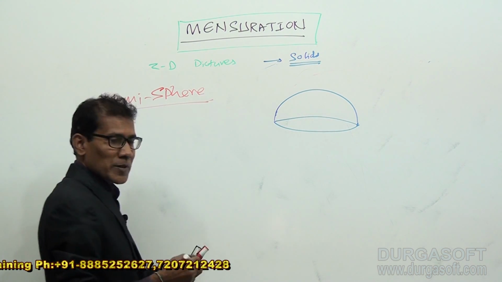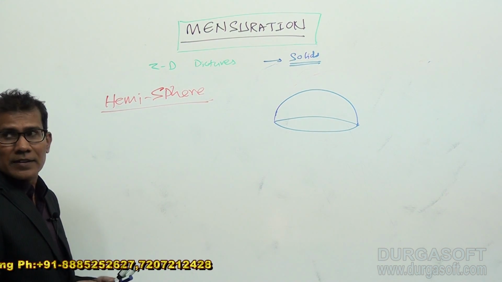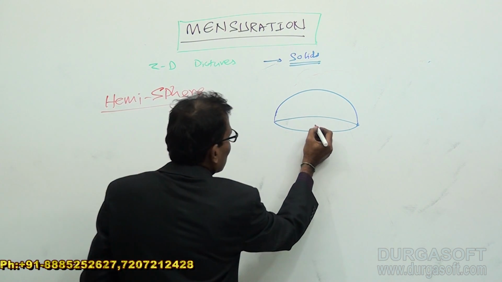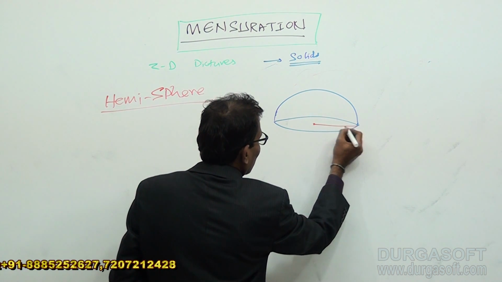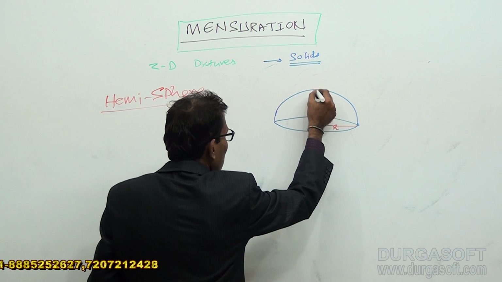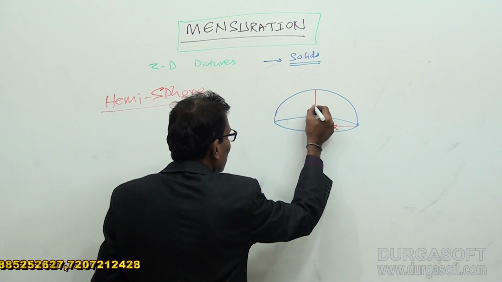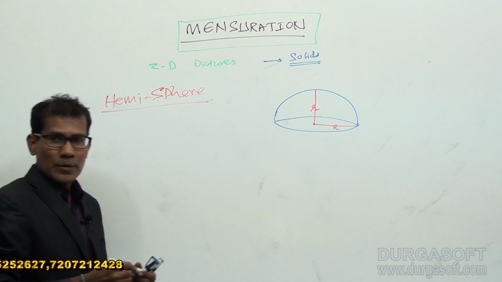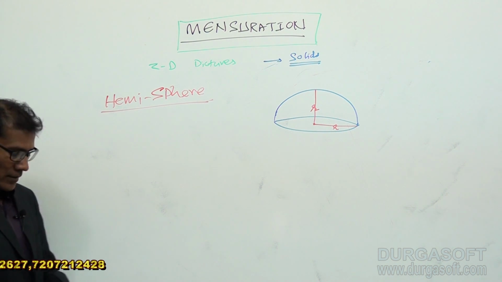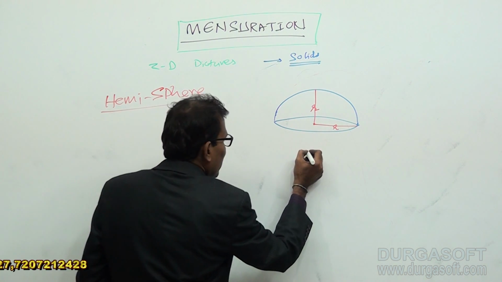Exactly half of the sphere is hemisphere. Here the dimensions are, this is R and this also going to be R. It is about the hemisphere. R is a radius,